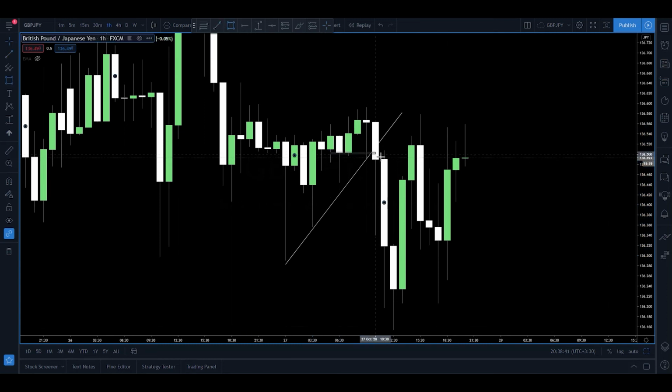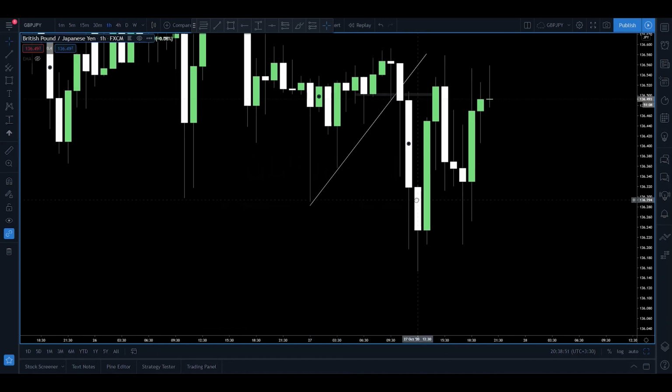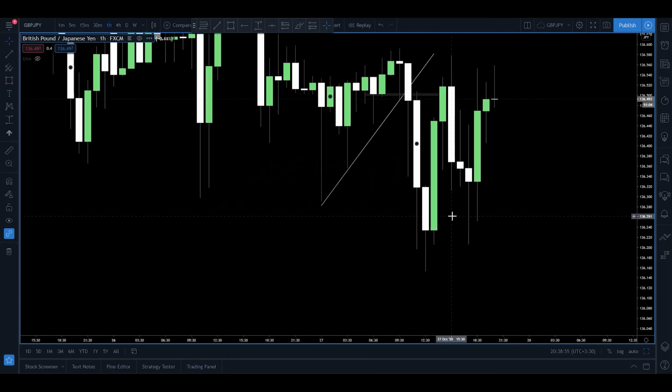Just look at here guys, bottom of the FDR, it just tapped it and it just dropped down. So it was a good situation for a trade at the edge one. It just came back down, it tapped the higher time frame zone that we mentioned at the higher time frame,